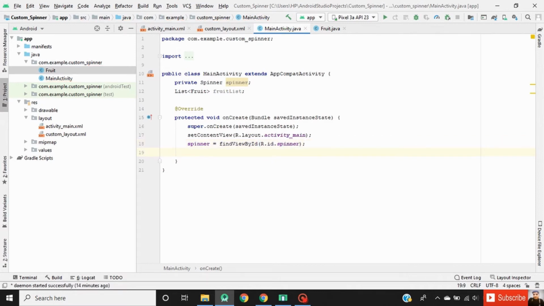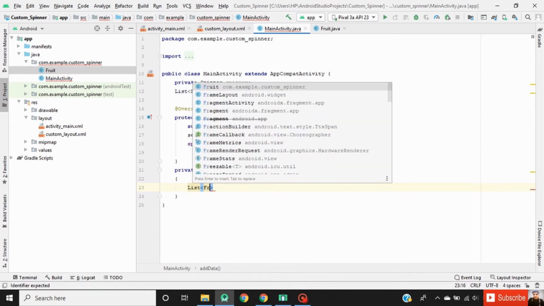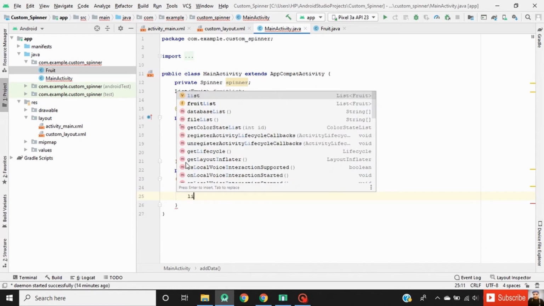Now create a new method to add the data into the fruit list. Private, return type as List. Now create an object of another list of Fruit type and name it list. Initialize our list.